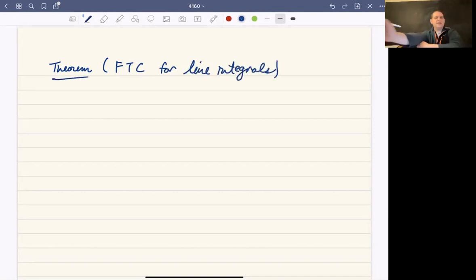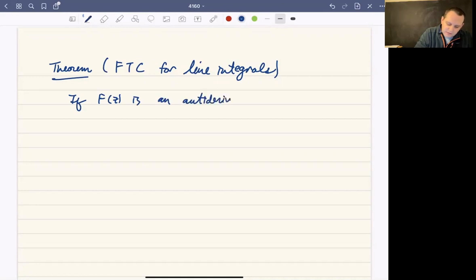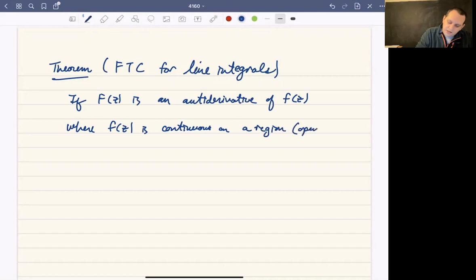And what this theorem says is that for certain functions, the path is not going to matter. And so it tells you what these certain functions are. So let's assume that capital F is an antiderivative of little f, where little f is continuous on a region. Remember, region means open and connected. Open connected set